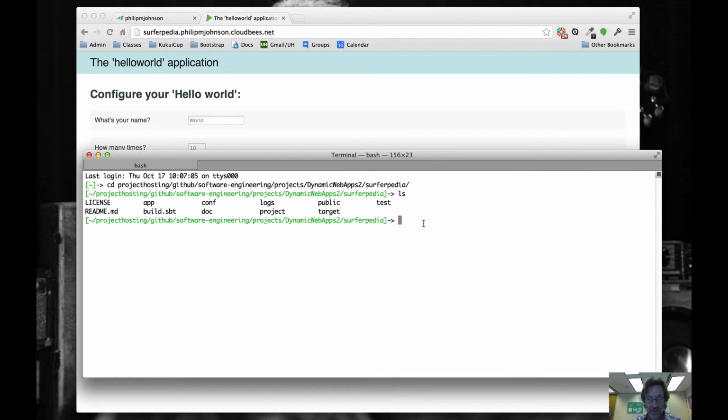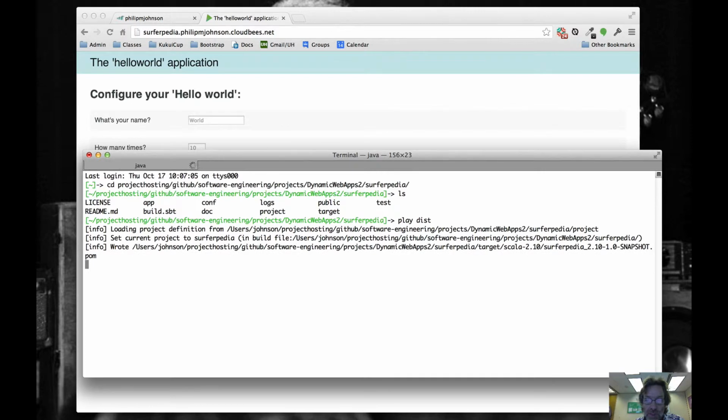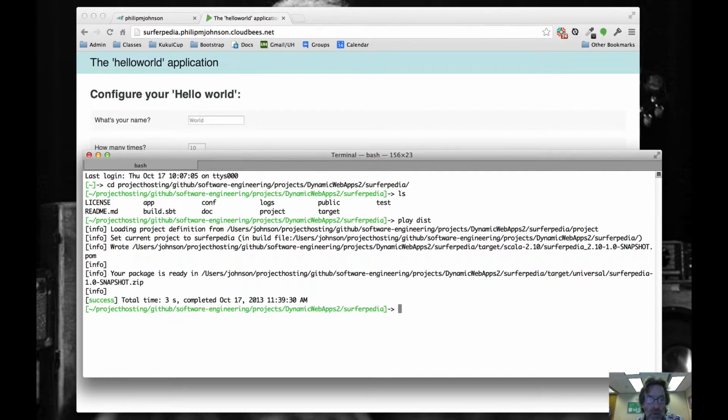That's pretty easy to do too. If you go to the directory where your Surferpedia stuff is and type play dist, what's going to happen is Play is going to build a kind of deployable version of the application, and that's in this target universal directory. And then you have to type this magic command, which is